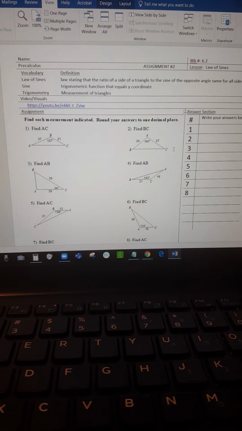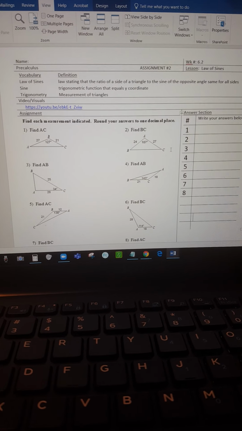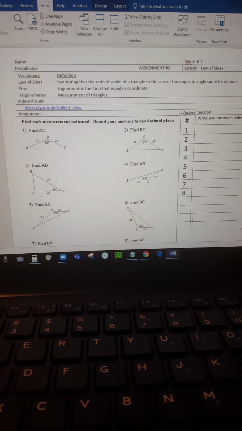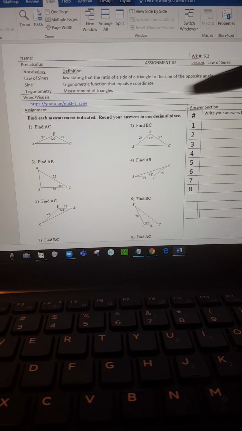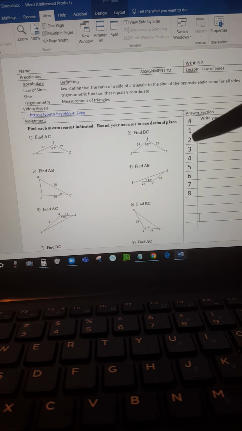Hey guys, I wanted to give you a quick little video. This is what's called a teachable moment. This is from your assignment this week on law of sines. First of all, let's just go over this real quick. You got some vocabulary, and